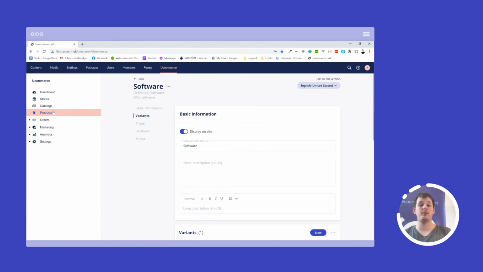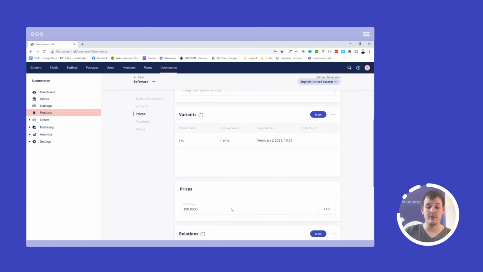So if you have a large multi-channel solution, you can both have silos, which means that your products will only appear under the brand store that you have selected, but it may also be sold across different stores. So if I visit my product in another catalog or another store with another pricing or language configuration, well, then the product will just appear with the configuration that are relevant for that store. So even though that I sell my products with different price points in euros and in Danish kroners, I can maintain it directly within the back office here.